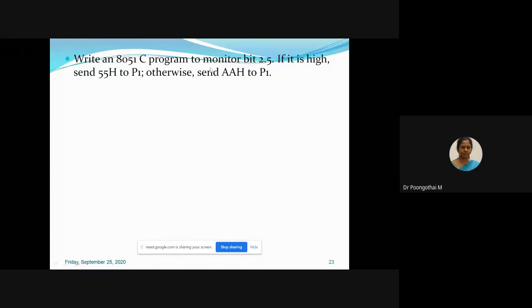Please write the code for this program. Here you have to monitor your P2.5. So for that you have to check the status of P2.5 using if else statements. So the format is more or less similar to your C program. So write a code for this particular application.